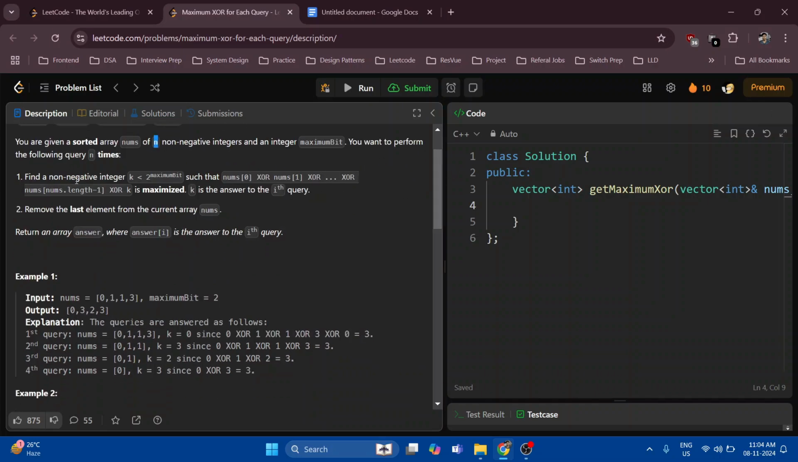So find a non-negative integer k, which is less than 2 to the power maximumBit. Okay, 2 raised to the power maximumBit is basically 1 left shift by that many bits. And such that nums[0] XOR nums[1] until nums[length minus 1] XOR k is